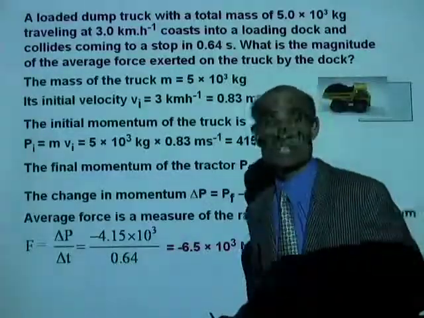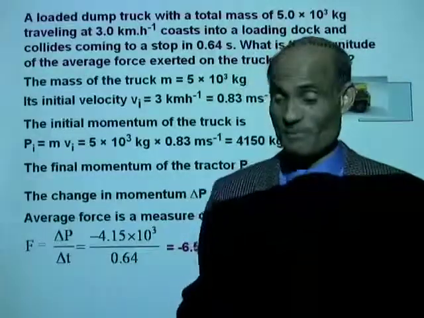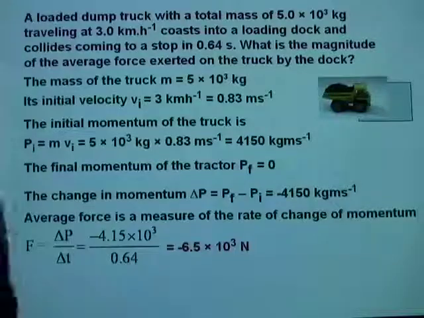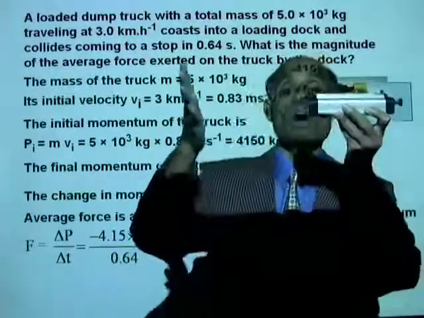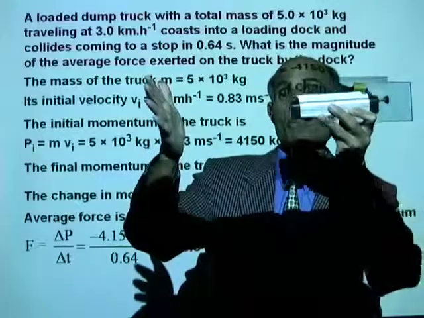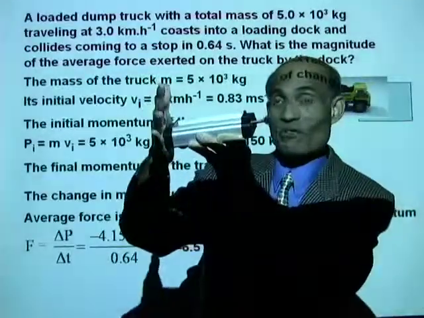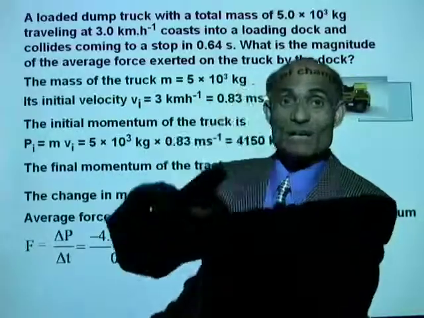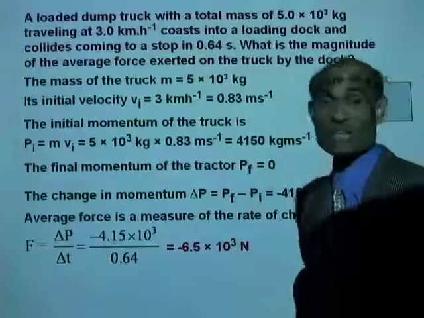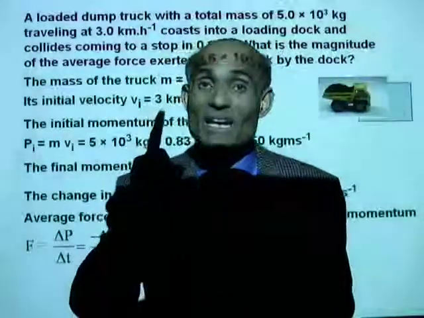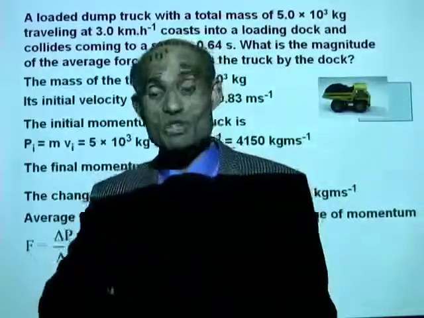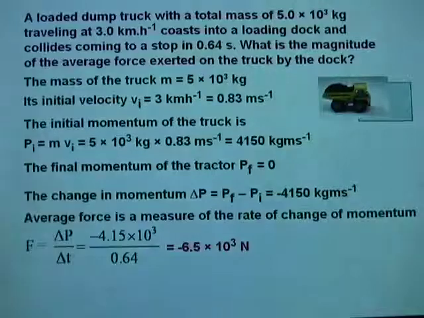Watch that, it is negative. Why is it negative? Because we considered the motion of the truck to be positive. If the initial velocity of the truck is positive, therefore the force applied by the dock on the truck is opposite to that, which therefore is negative. So the negative sign simply indicates that the change in momentum is opposite to the initial momentum. Okay. Let's